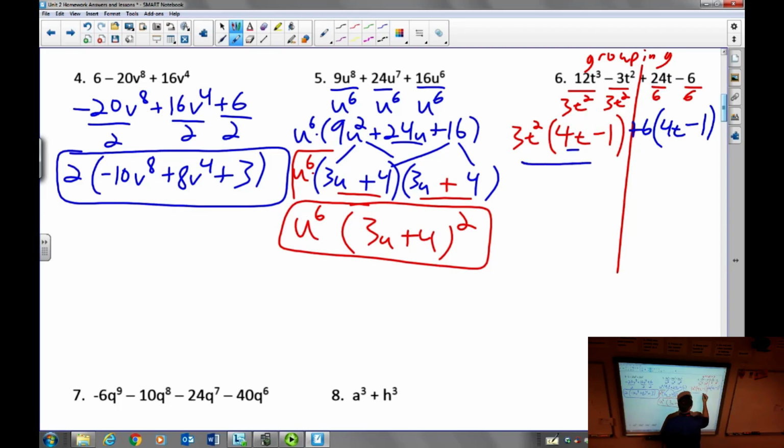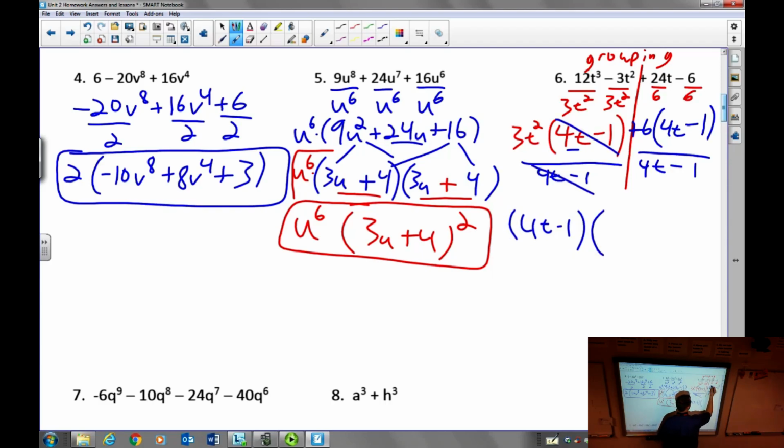Okay, so now we're going to factor out this whole term, 4t minus 1. And so what that'll do is get rid of the 4t minus 1s, but then put it on the outside. So then, final answer here, 4t minus 1 is what we're pulling out. Times it by, so that cancels, that cancels, and what's left is 3t squared with the positive 6. So then we get 4t minus 1 times 3